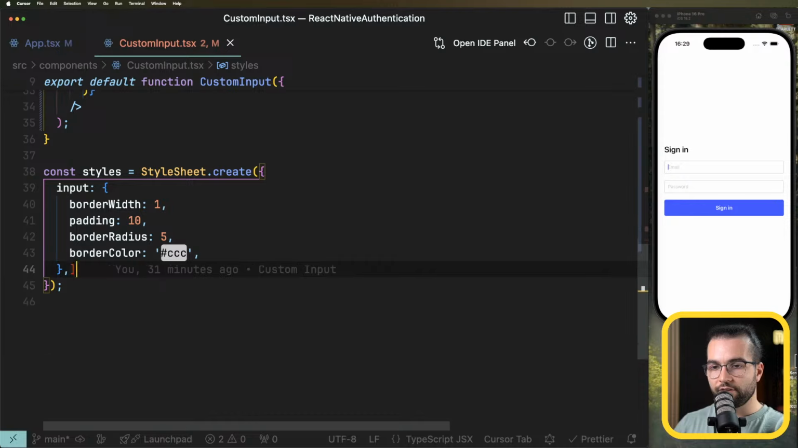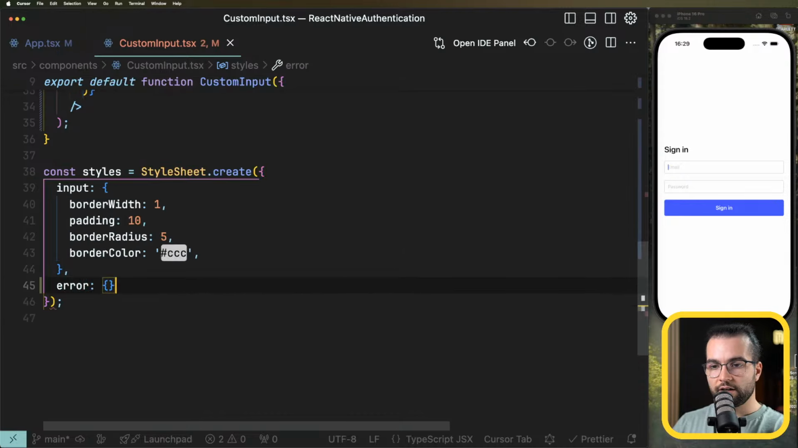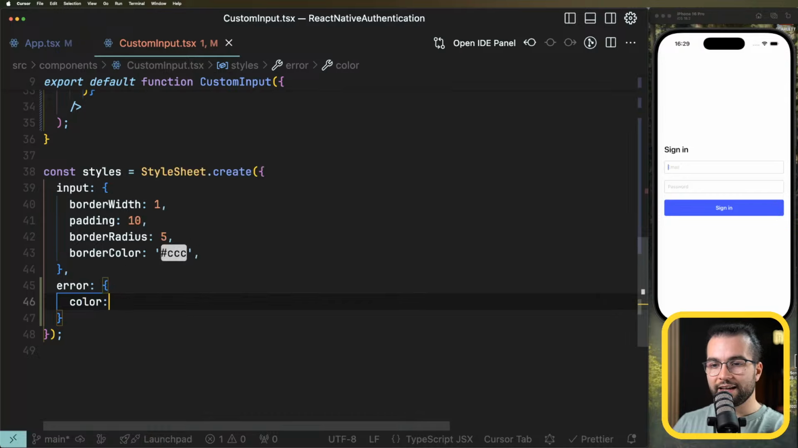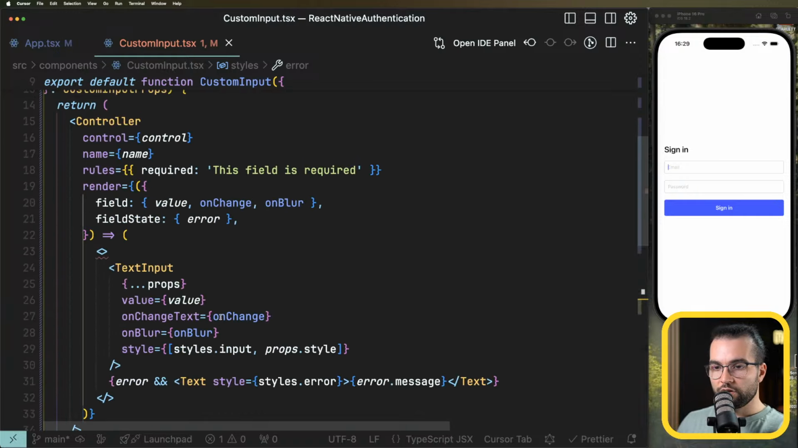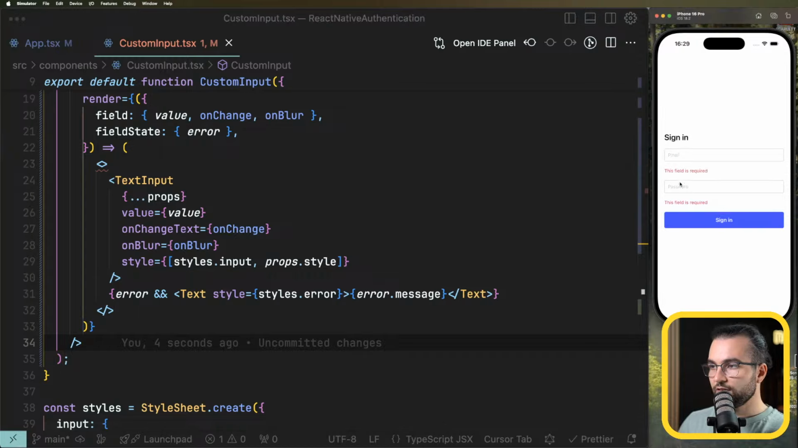and I can say, hey, the error should be of color. I like the color crimson from errors. So now if I'm gonna go ahead and press sign in, we see this field is required. Perfect. I don't really like the